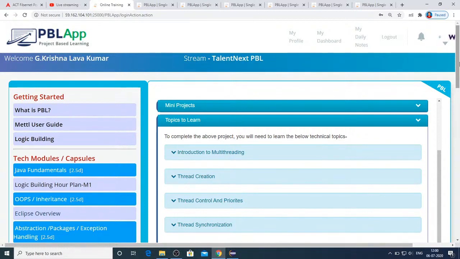So I hope all of you have given your attendance. And once again, I'm telling you, if there is any problem from logic building which you feel you are not able to pass all the test cases, don't hesitate. You can ask me. I'll just share my solution, and from that you can just understand it and try to modify it if required. But make sure that you are able to get through all the test cases of the logic building problems. That's the only advice I can give from my side.